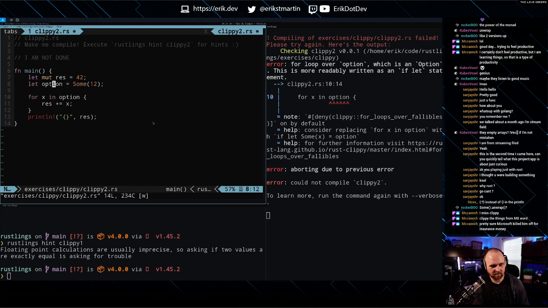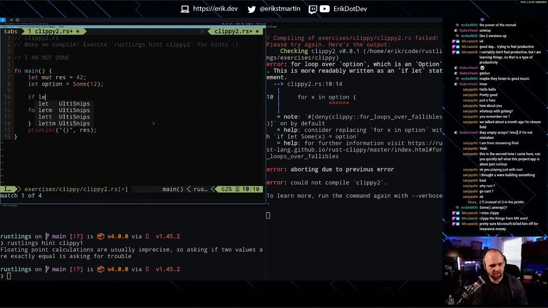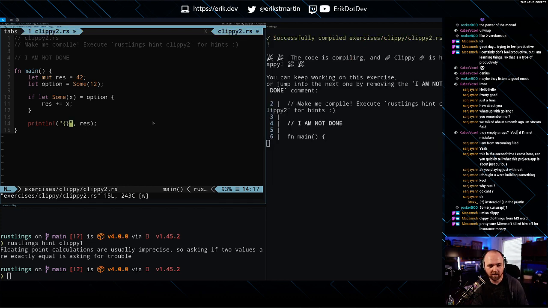So would that be like an if let Some x equal option? Is this what it's saying? Result plus equals x? Haha! Look at that!